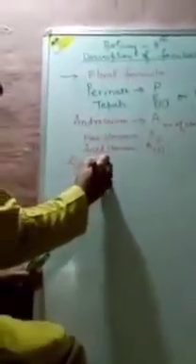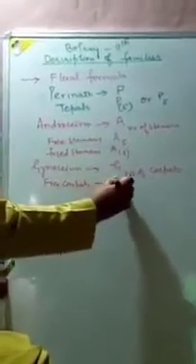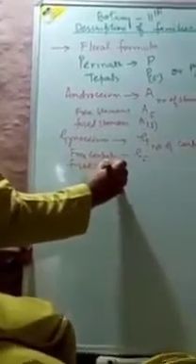Then we have got gynoecium, written as G, and the number of pistils, carpels rather, free carpels written as G5, fused carpels, then again put them within the brackets. This is the condition.